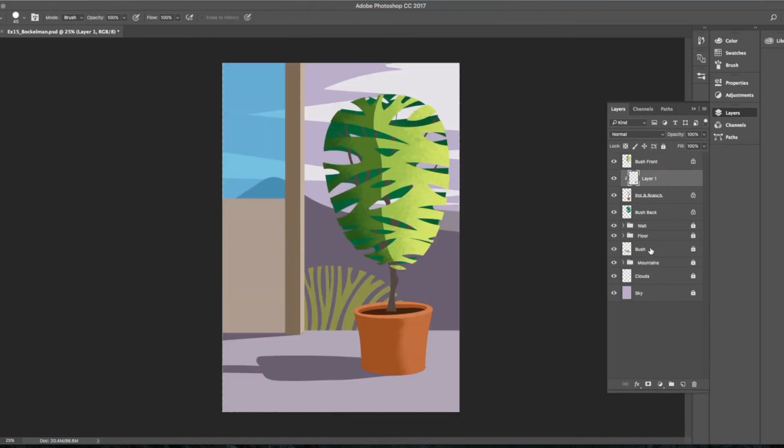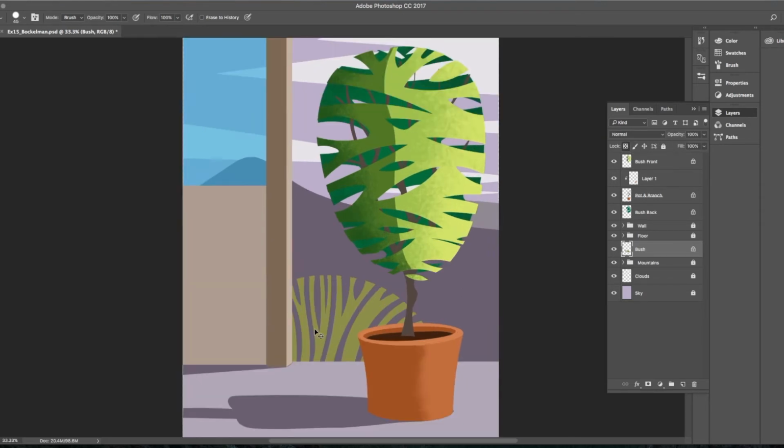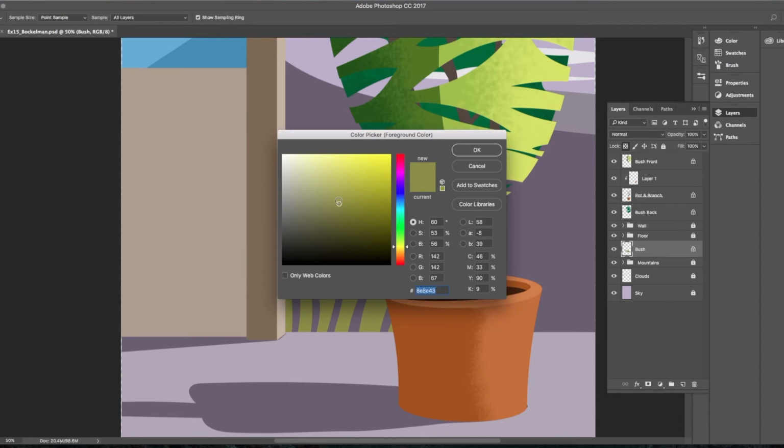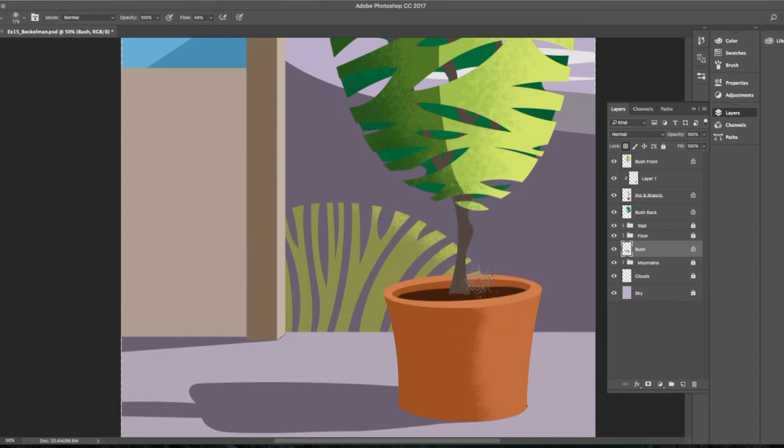All right, let's come down here to this one where it just says bush. This one is referring to this object here in back, this bush. So I'll unlock that layer and lock the transparency. I'll zoom in, and let's add some color values to this one. So I'll hit B for brush, I'll hold down my Alt key and select that color. I'll double click the color picker and move this up in color value,